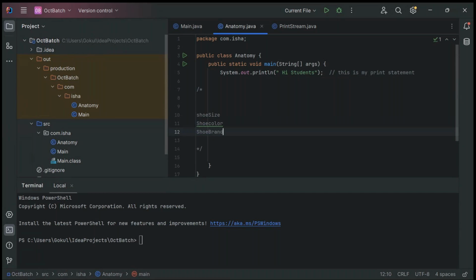So these are the data about the shoe, the product which I'm planning to buy, the shirt or whatever product I'm planning to buy. There is some data related to the particular product. So here the size can be anything, 9, 10, 11 something, and the color can be anything, black or brown, and the brand can be any brand. Okay, so here